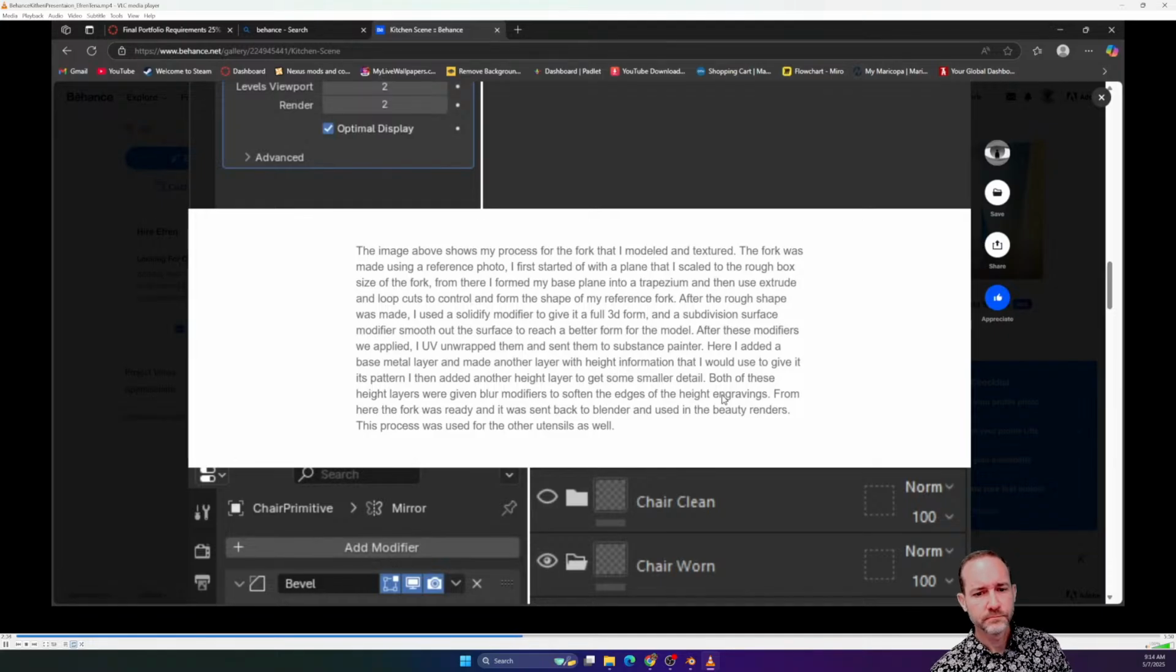Here, I added a base metal layer and another layer with height information that I would use to give it its pattern. I then added another height layer to get some smaller detail. Both of these height layers were given blur modifiers to soften the edges of the height engravings. From here, the fork is ready and it was sent back to Blender